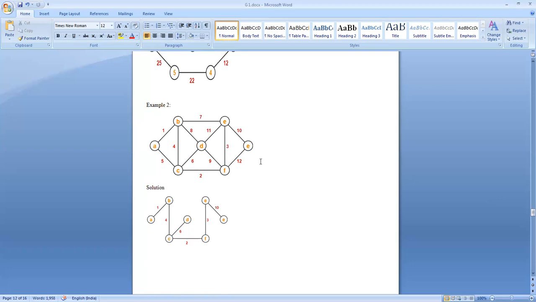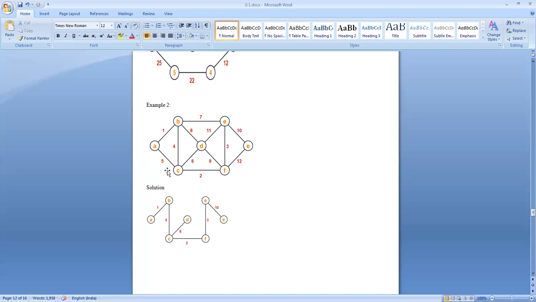What is the selection strategy that we follow? At any stage you select an edge that minimally increases the sum of the weights of the edges that has been acquired so far. You can start from any vertex. You can treat that as a source vertex. Let me treat this vertex as A.